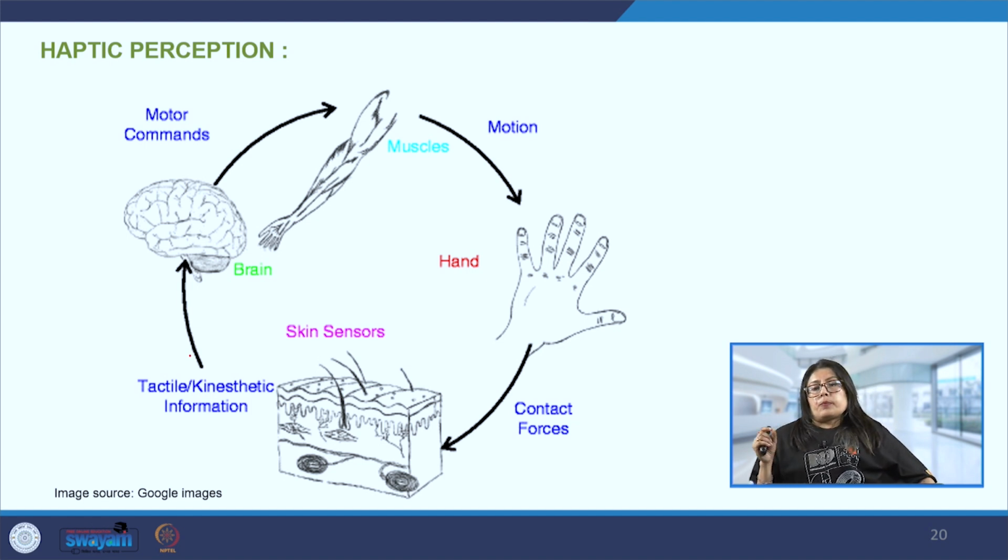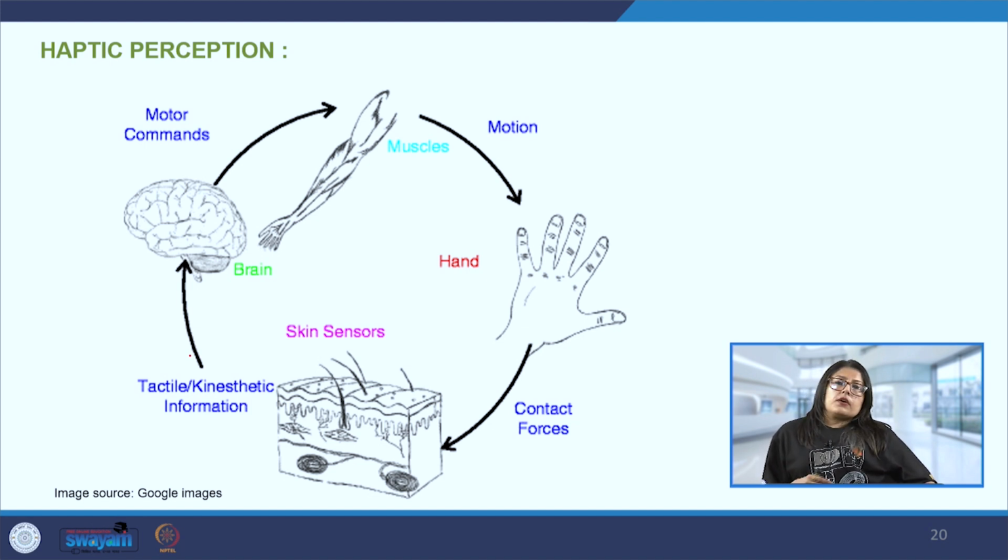When we are touching a petal of the flower, we want to see the texture of it, so we are going to apply a different type of pressure on it. If we use the same pressure as that of the glass, then we will end up squashing the petal. So this information is also perceived with the eyes and with the skin receptors. All of this put together informs the brain how much pressure is to be applied.